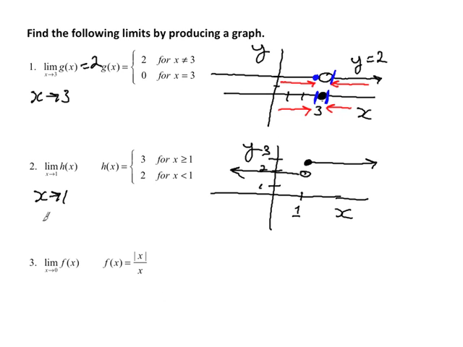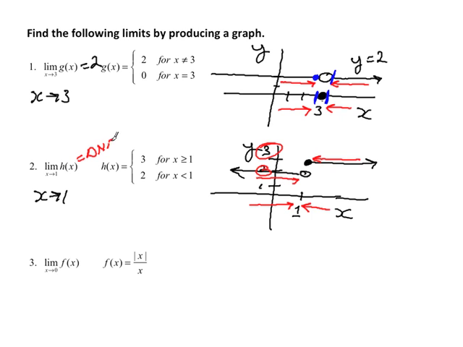All right, what's the limit as x approaches 1? Well, let's see here. As x gets infinitely close to 1 on the right-hand side, what's happening to the graph? Well, I'm at 3. But what happens as I get infinitely close from the left? As x gets infinitely close to 1 from the left, what's happening on the graph? I'm at 2. So the right-hand limit approaches one value, which is 3. The left-hand limit approaches another value, which is 2. So this limit